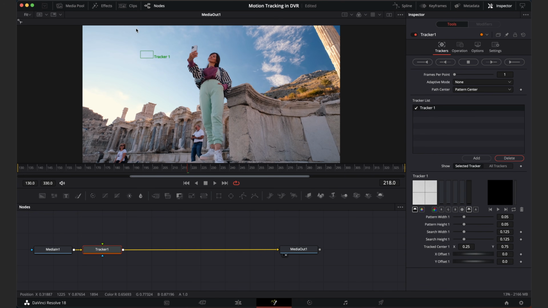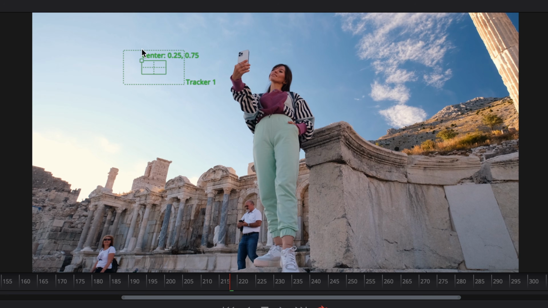So basically, the way this works is you've got your bounding box on the outside, which is searching just this area, so it's excluding all of the stuff around here. And then this solid box here is the area where it's actually looking for an object within that. And then the crosshairs is the point on which we're asking it to track. And you can drag this around by grabbing this little square here. You can see as I move my mouse over it, it highlights.